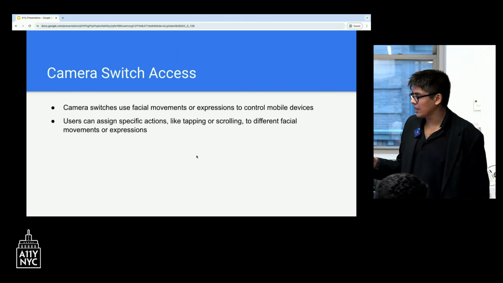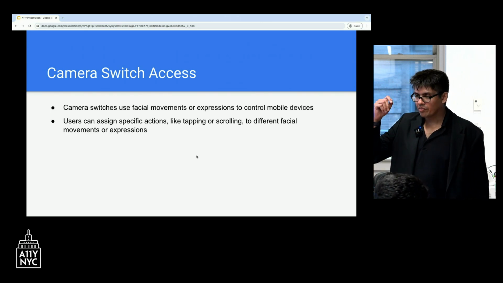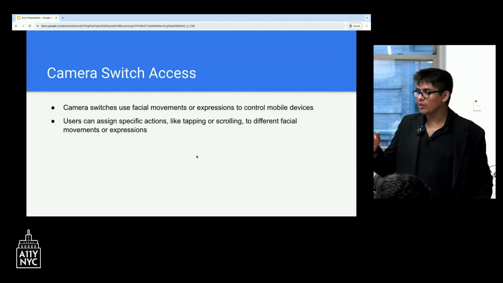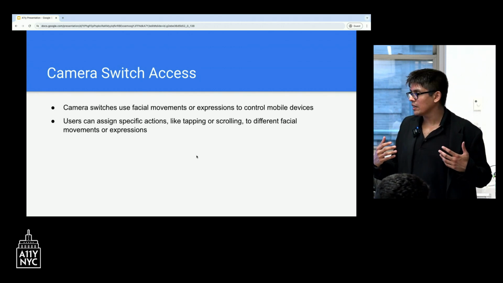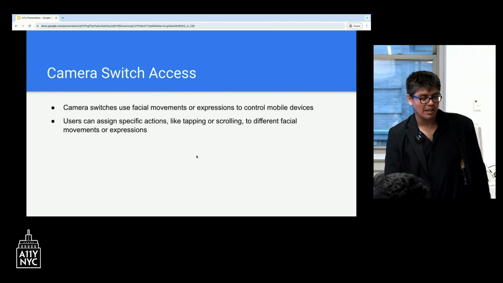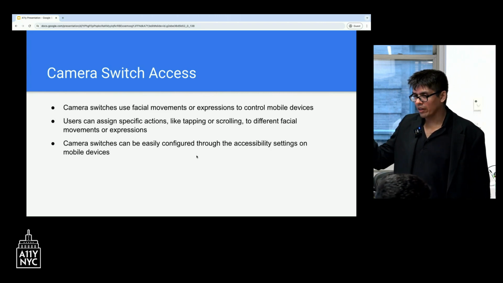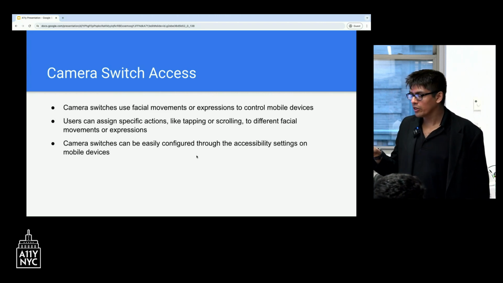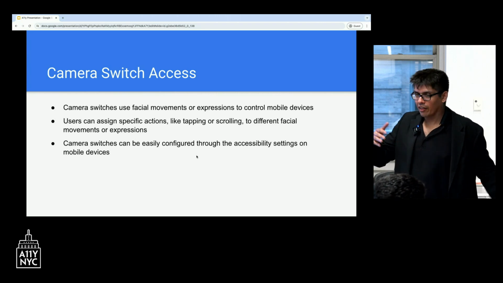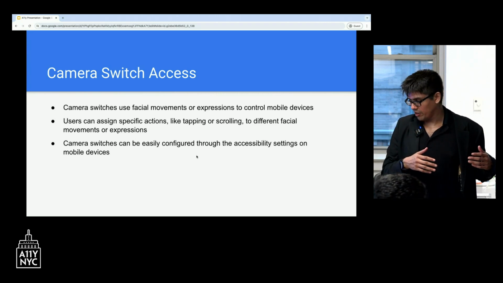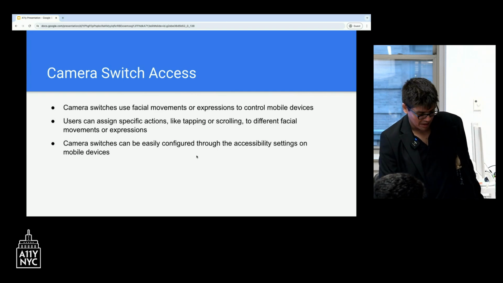So you can assign specific actions to particular interactions so that you can do things in very customized ways. I'll show you in the demos because I think the demo will do best to explain what I mean. But it's, again, all configurable in the accessibility settings. So it might look a little involved, and there's a lot of options, but once you get used to setting up the camera switch in the way that you want, it's actually pretty straightforward to get the flavor of the switch that is most comfortable to your interaction pattern with the application.